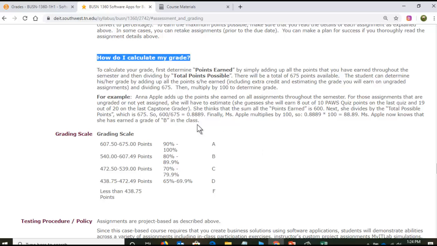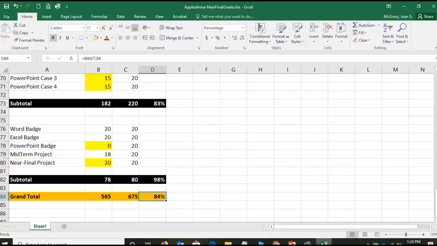Right? Explained right there. I bet a lot of your teachers do something like this, right? Okay, even look, point values. You could just add up your points and know immediately where you stand. Okay, if you did that at the start of the semester, maybe even a day or two before you get the syllabus and you sit there and plan out your grades, you would know exactly where you stand in that